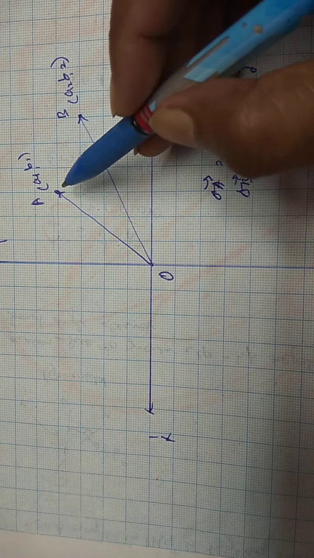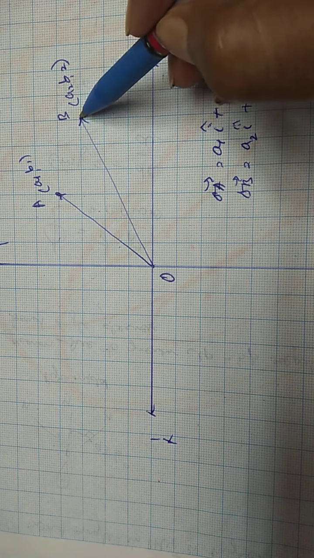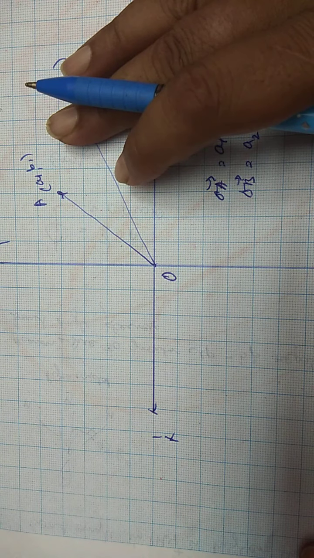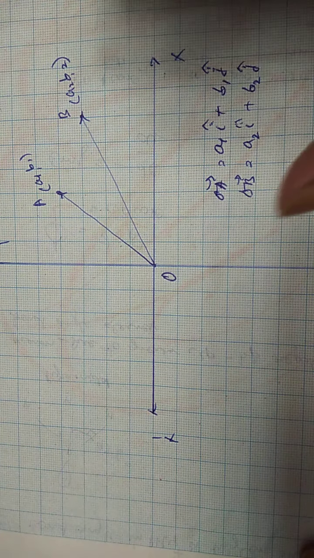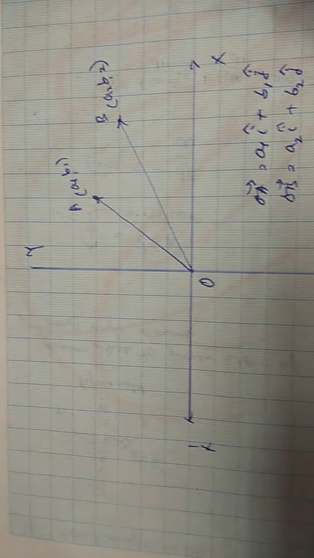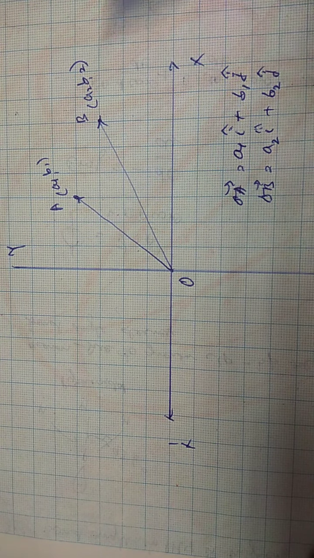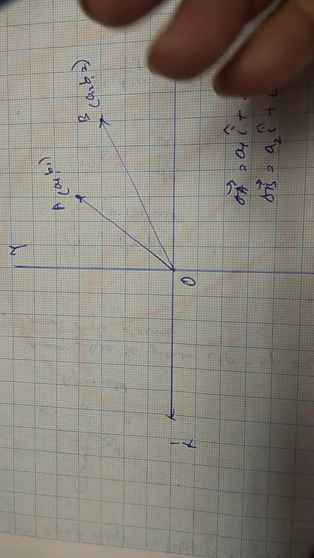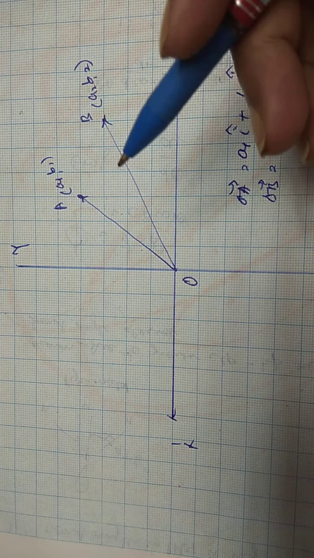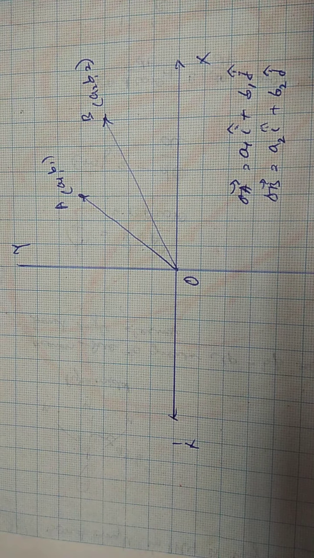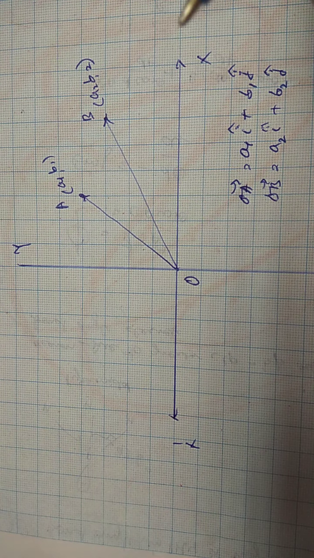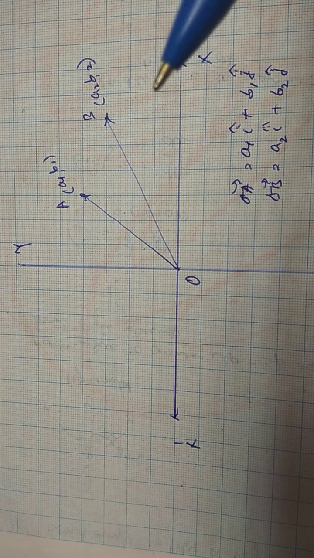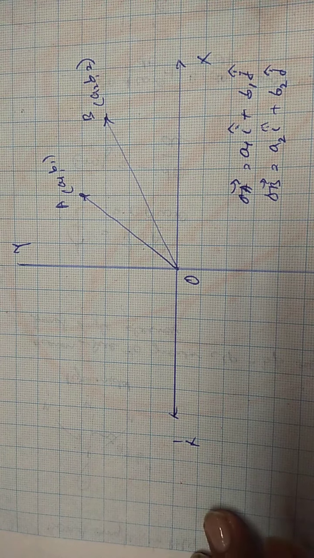So if the coordinate is known, then we can write the vector, and make sure that we are dealing with only two dimensions. That means we are having only x coordinate and y coordinate. Clear? In future we will deal with three dimensions, and there we will have three different coordinates for any point. In that case you have to take the third coordinate also, that is x, y, z. Three coordinates will be there.